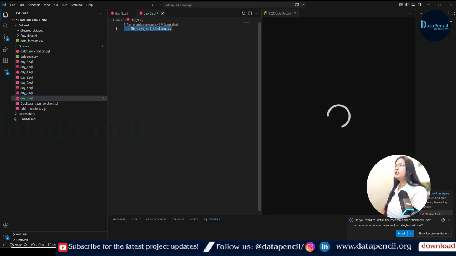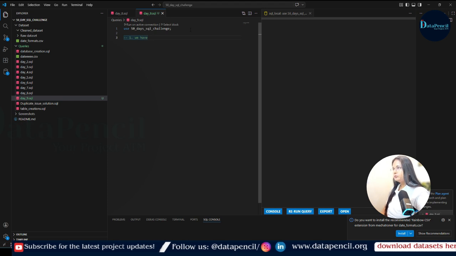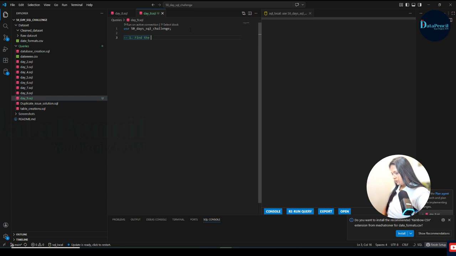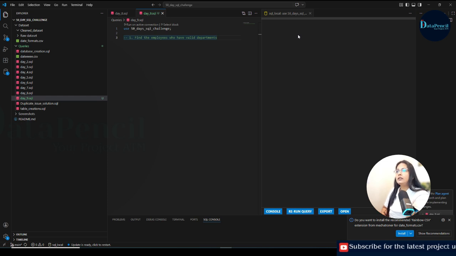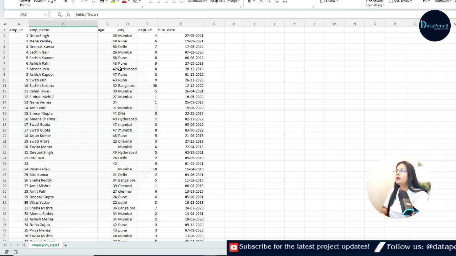Now our first query will be, we have to find the employees who have valid departments. Okay, we have to find those employees who have valid departments. Means the result should be something like that. On one side there should be the employees and on the other side there should be their department names, correct, in the result section. Okay, so if we open our employees table, so this is our employees related data